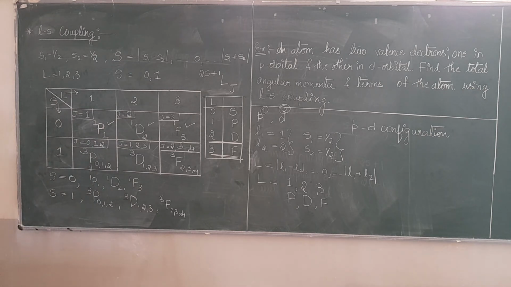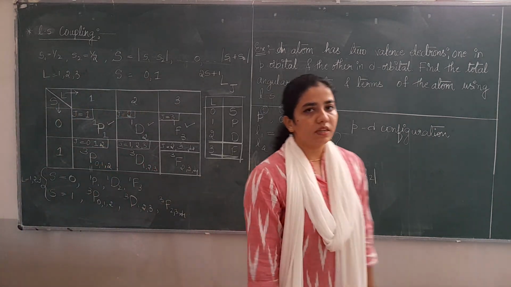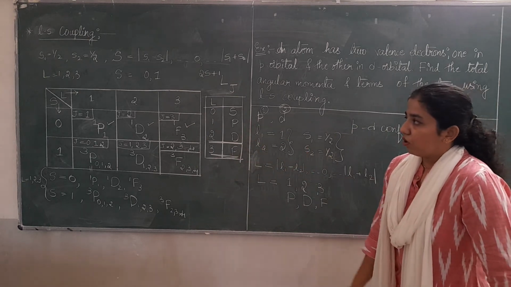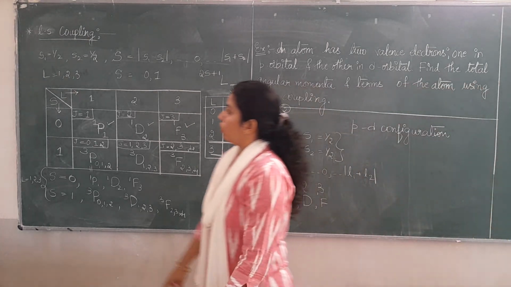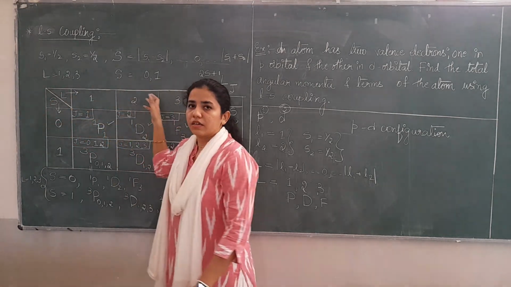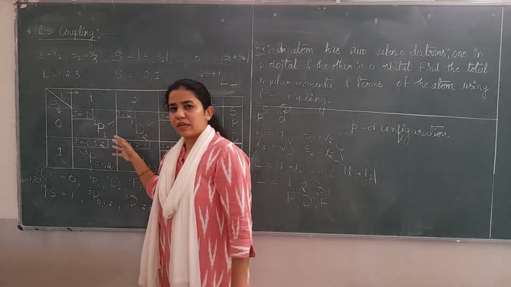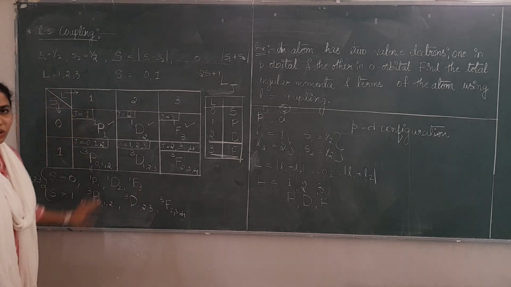So these are the terms that we get for different S and L. For both the cases, the values of L are 1, 2, 3. Right? So this is the PD configuration. You can take various examples and try to draw the table. When you draw the table, first take L is equal to 1, write S is 0, write the term value, then take L is equal to 2, S is equal to 0 and write again. It is a tedious thing to write down everything.